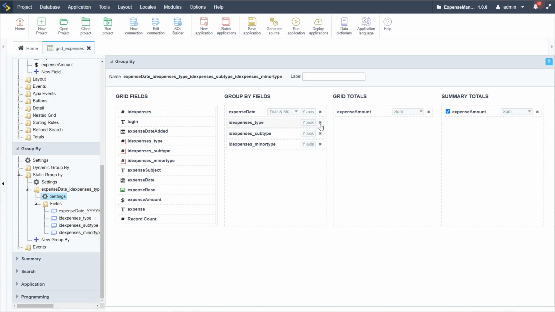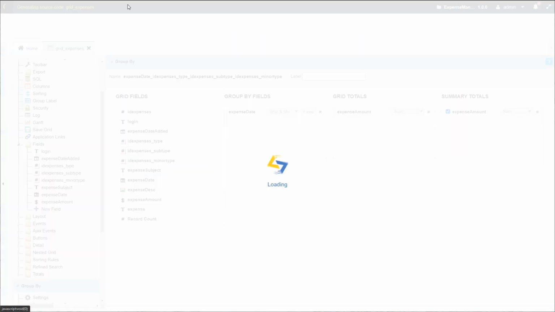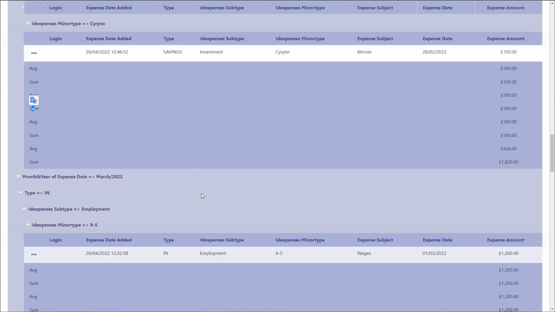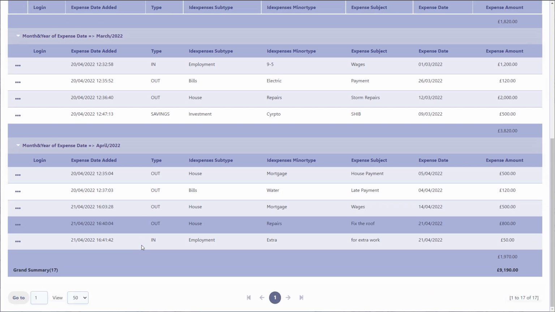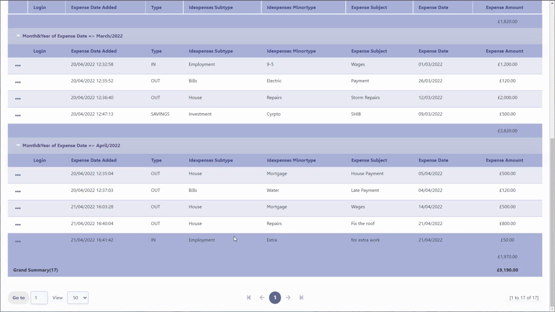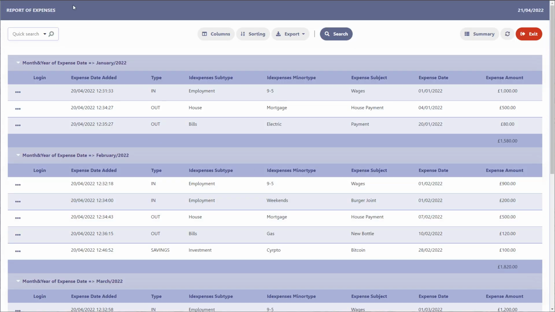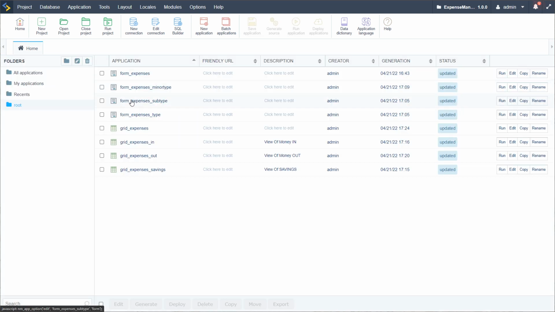And let's remove here also the types, because why? We have them displayed here within our grid application. So that's really not needed. In this case, I'm just going to leave the expense date. It's enough, and that displays then monthly beautifully for us for this application. And again, of course, we've increased the total amount of items displayed for us. Okay, so for this grid application, we don't have anything else to do there. That grid is complete. But for our grid expenses, in, out, and savings, I do have one extra addition